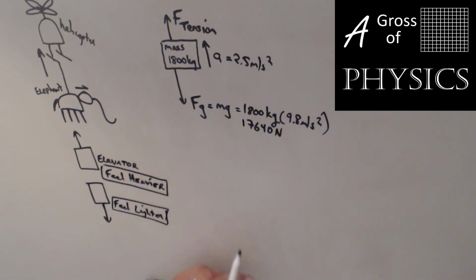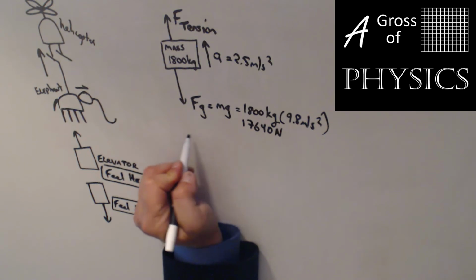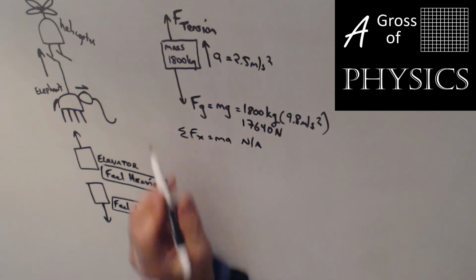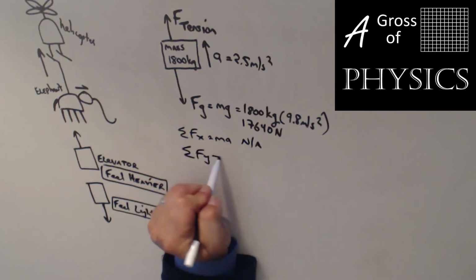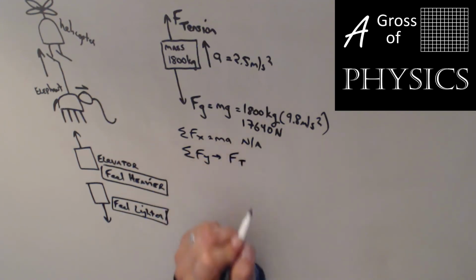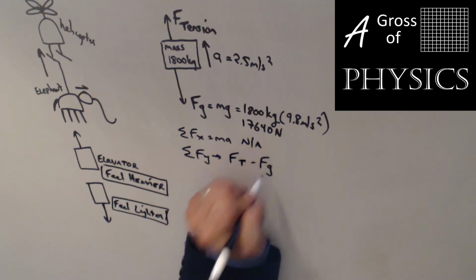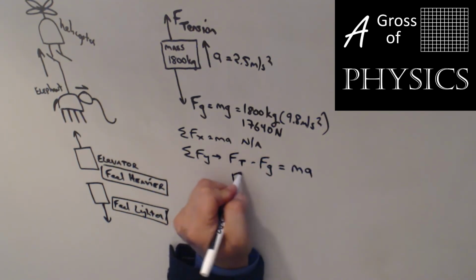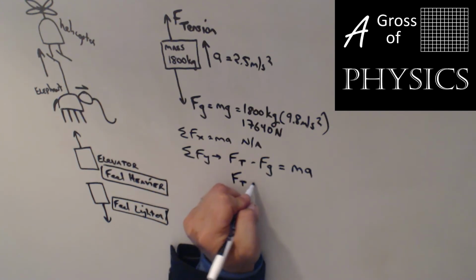So in this case, what we have is the elephant being pulled upward. So in fact, the tension in that rope is going to be greater than the 17,640. And let's see how that works out. Once we draw the free body diagram, all we have left is to set up an equation. There are no x equations, so sum of the forces in the x equals ma is not applicable. And the sum of the forces in the y direction looks like this. Ft for tension is positive, minus Fg equals ma. Ft is what I'm going to look for, minus